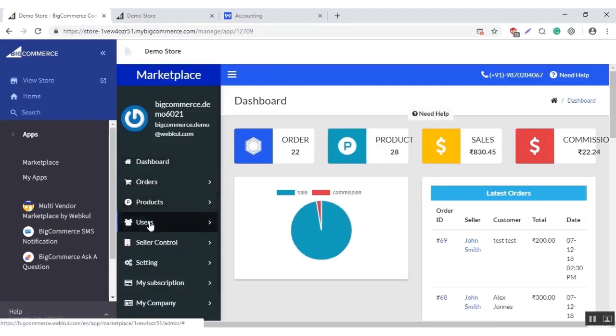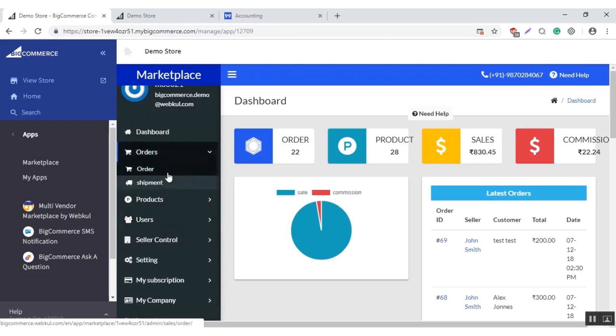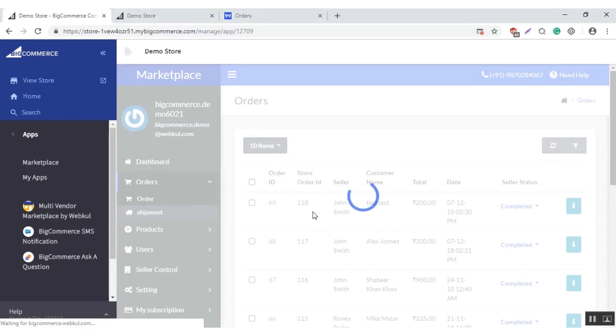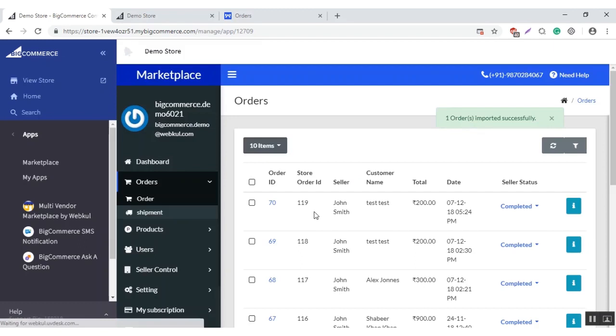so here go to orders. Click on synchronize to synchronize the orders from the BigCommerce store to the marketplace. Here the order has been synchronized. Now this is the order ID, this is the store order ID, the name of the seller, customer name and other details. So from here